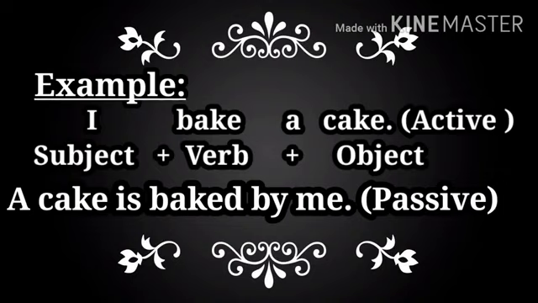In this sentence, cake is object and it becomes the subject. A cake, according to tense, we use is, am, are. So here we use is as helping verb and baked is third form of the word. And before object we use by. I is a pronoun and it changes into me, so me is now the object in the sentence. So the sentence is a cake is baked by me, the passive form of this tense.